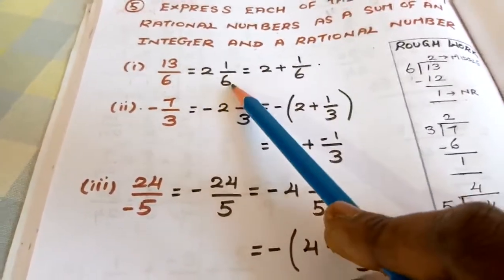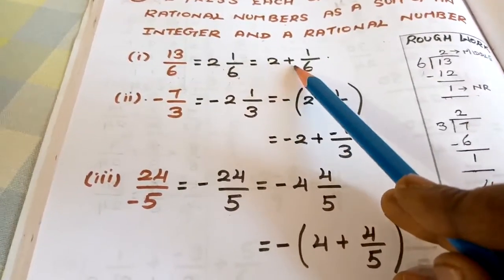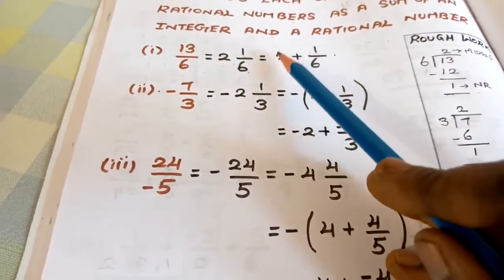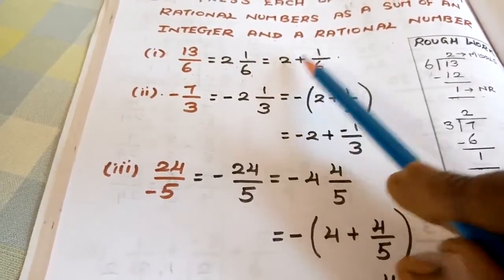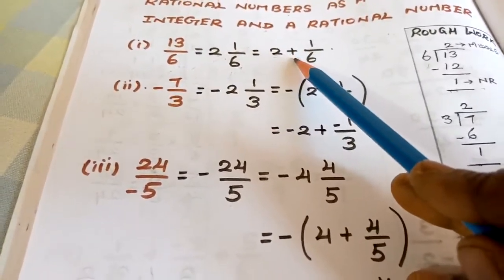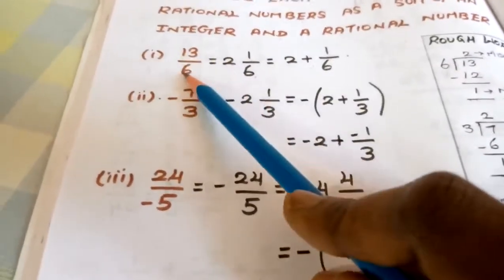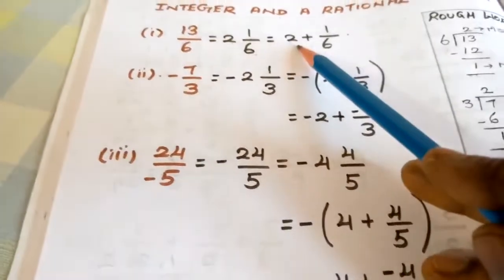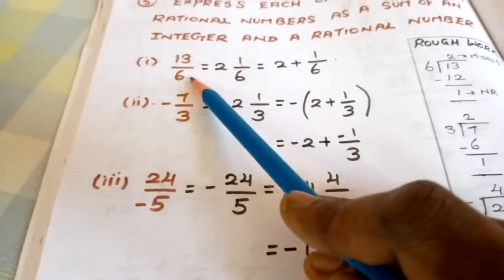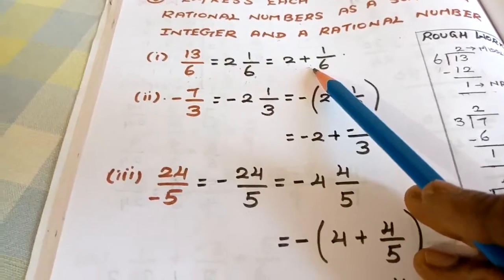Now in this place what I am going to do is put an addition sign myself, and that is the procedure of writing a sum of an integer and a rational number. Suddenly if I put an addition sign, the concept is not going to change. The meaning is going to be 13 by 6 here, students. Again if you cross multiply and simplify, you are going to get the answer as 13 by 6. And this is an important question. Please understand properly and then do the sum.